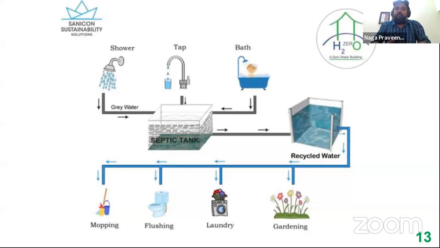If you see the chart here, there is a certain amount of water which comes out from your bathing activity, or your tap, or something that you use in your kitchen, and then your shower. All this water, if you just let it out into your municipal sewer connection, is wasted. So the new technique is that all the gray water can be collected and reused. It can be filtered and then recycled. The water that you use for your mopping, your flushing, your laundry, or your landscaping, etc. can all be recycled.